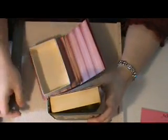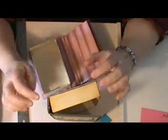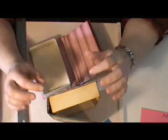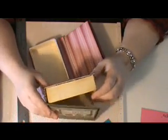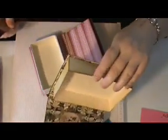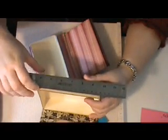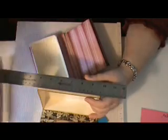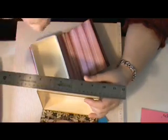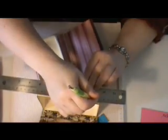For the pages, or what should look like the pages on the side of the book, I went through several different things trying to figure out what would work best. I tried accordion folding some paper and putting it on there, but that was too thick, and I tried just putting several different layers of paper, and that didn't look right. So in the end, I decided, and I already had this part on my box. I already had it attached like this, so it was a little harder. But I just took a ruler and a stylus or embossing tool with a narrow tip, and I just scored